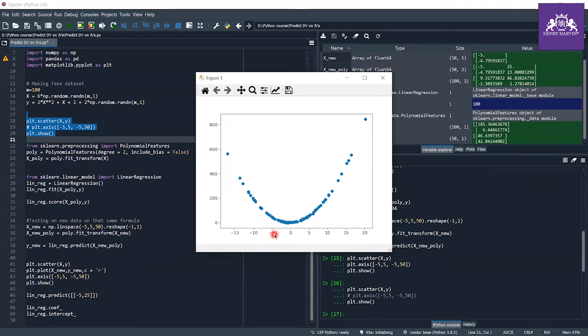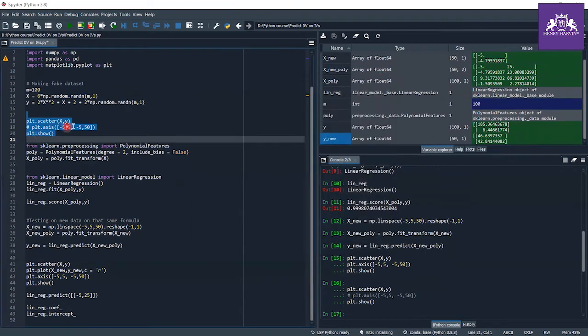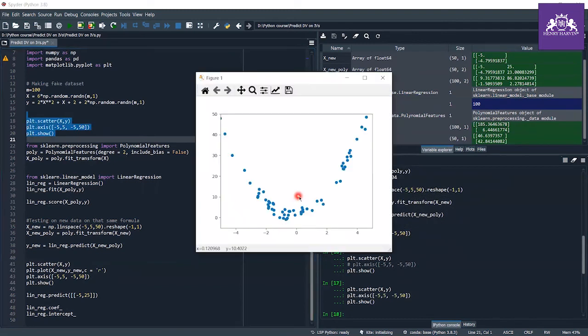So I maximized this graph to this level, from -5 to 5. Now you can easily see my polynomial data set in a polynomial format, and you can see every specific point in it.